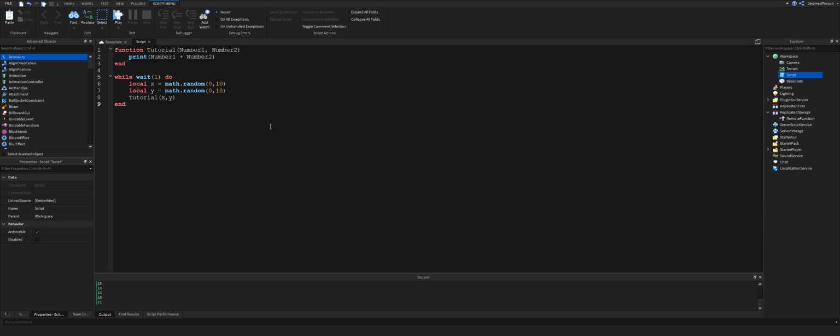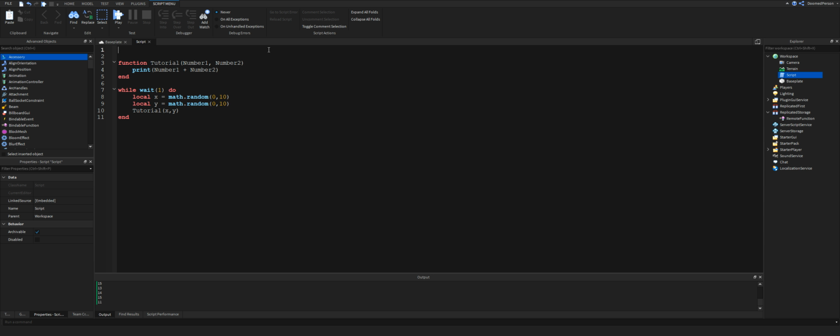Now, there's multiple types of functions. They're all really the same, but they can be called differently. So this is the basic function and how to use it. But let's just say that if we wanted to have something called a table, I'm not sure if you know what a table is, but we can just create a table by that, and then we can have a function inside of a table. So we have our table here, and then inside the table, we have our function. So we can just go,